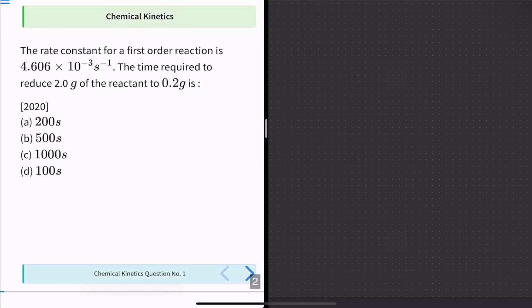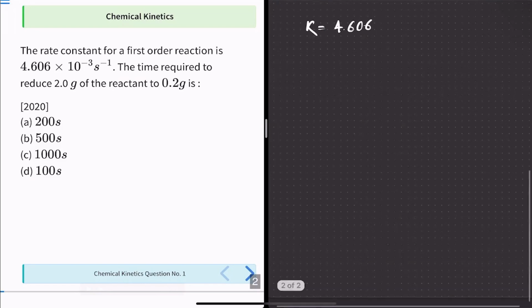Question number one. The rate constant for a first order reaction is 4.606 into 10 to the power minus 3 per second. The time required to reduce 2 gram of the reactant to 0.2 gram. So the question is asking the time required to reduce the 2 gram of the reactant to 0.2 gram. What is given in the question? The rate constant is given as 4.606 into 10 to the power minus 3 per second. We need to calculate the time required for conversion of 2 gram